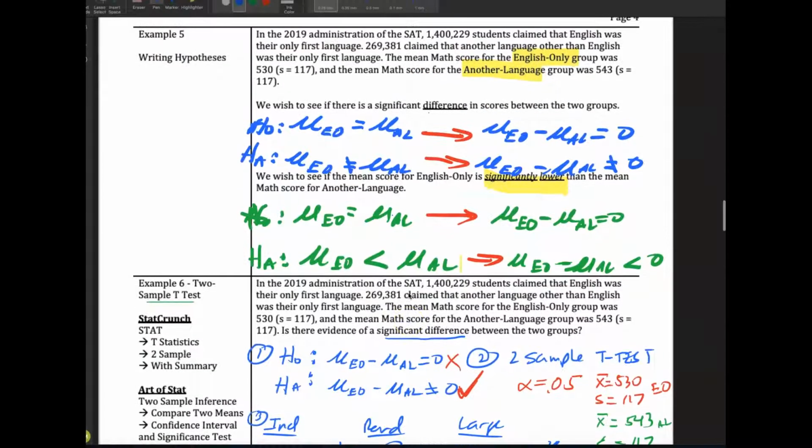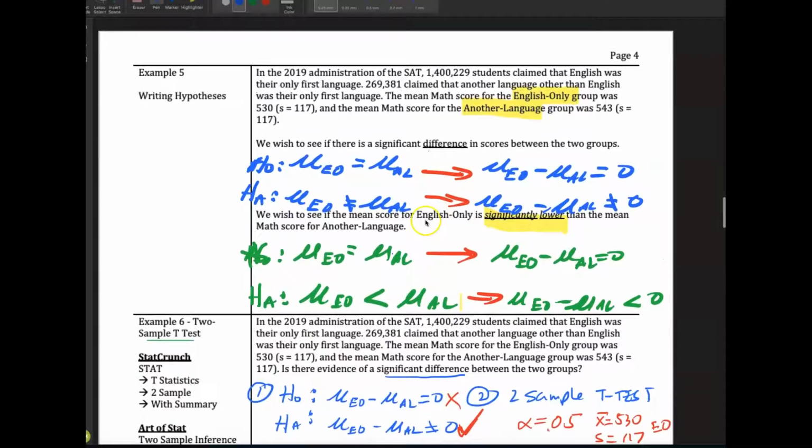We're going to take a look now at a two sample t-test. So very similar. We need to start by first writing the null and alternative hypothesis. And so in this case, we want to see if there is a, well, we haven't decided yet, right? But here's the scenario of test scores for two different groups, English-only speakers and those who speak a second or